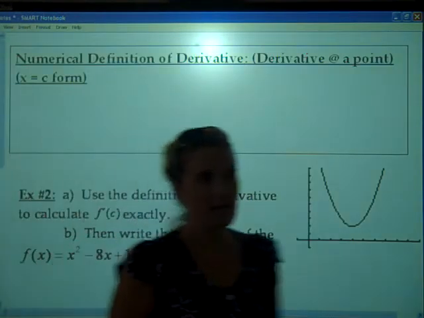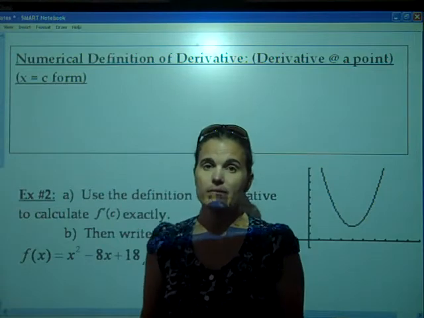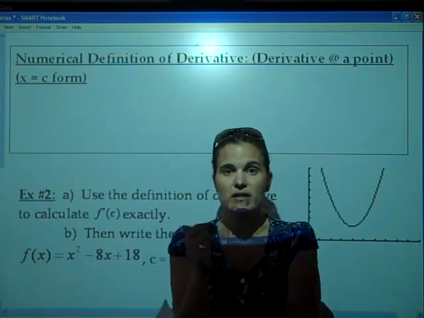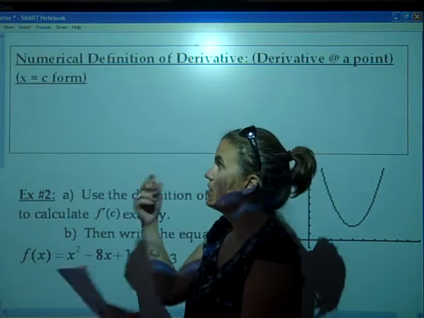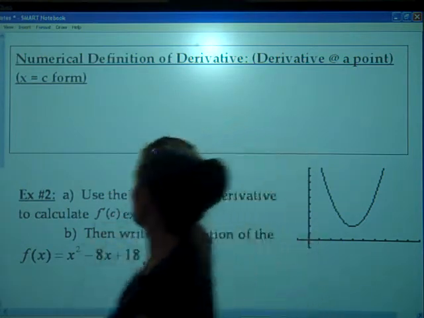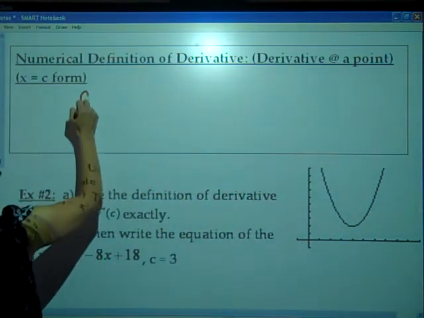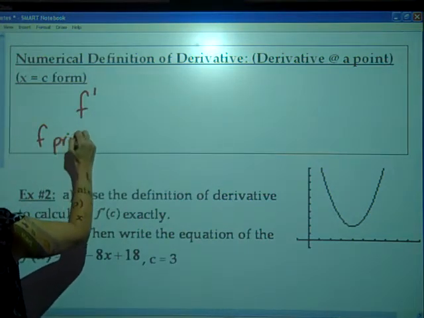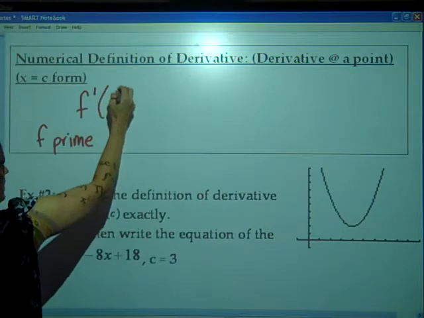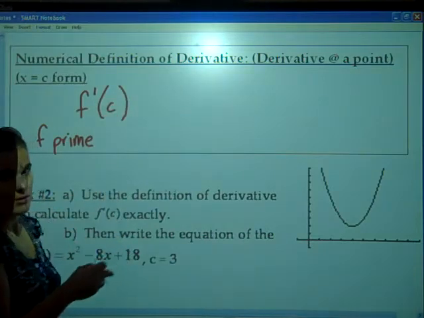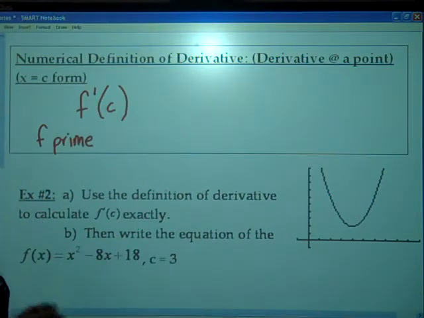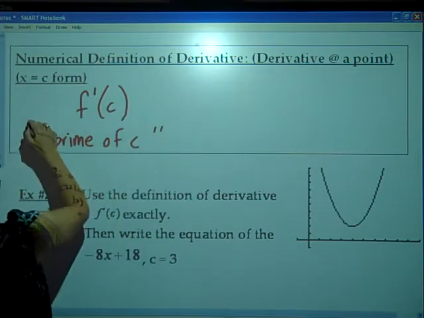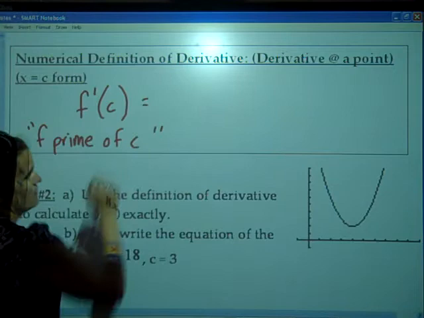Alright, so finally here, officially, what is the definition of derivative? What we just did right there was the definition. That was specifically for x equals 6. So if we look for any given value, notation, by the way, here we go, finally, formally, f prime of your c value. That means the derivative of f at c. So f prime of c is how you read that out loud, and it will equal